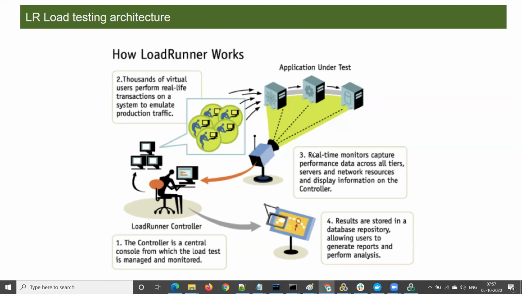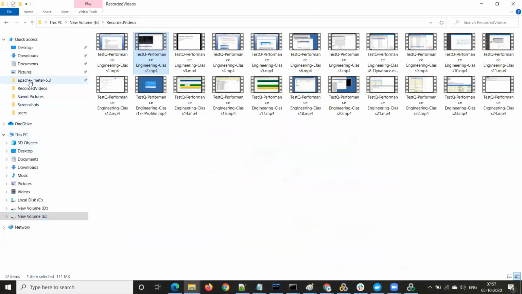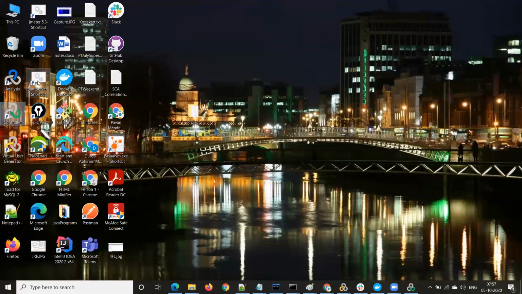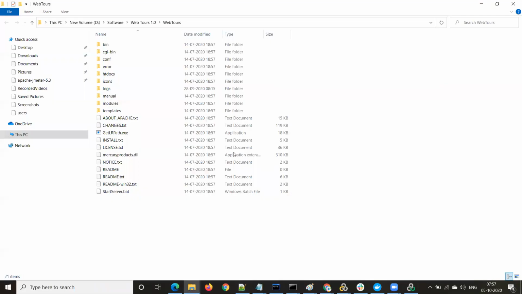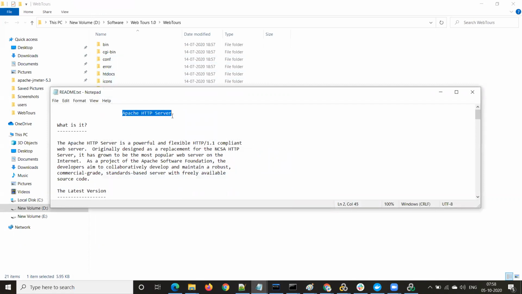It's not a client server application, but everything is built into the Apache HTTP web server. In the case of web tools, because it is a simple application, you have everything inbuilt into this Apache HTTP server. We don't have web app and DB servers separately, but only the Apache HTTP server.